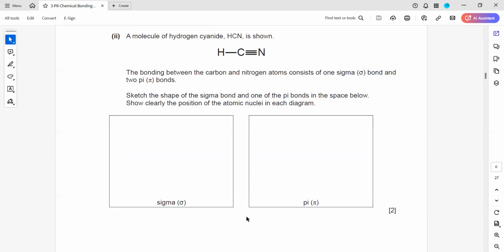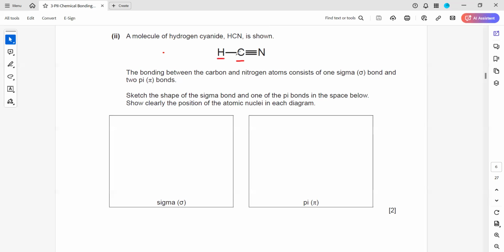Do we always draw charge cloud or can I draw orbitals? When they ask for this question, as you have to draw, you have to show a sigma and a pi bond. So sigma bond is by overlapping of the orbitals. So how does the overlapping of the orbitals occur? Like as you can see,